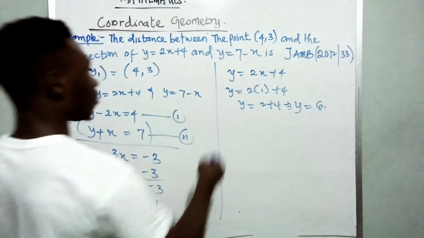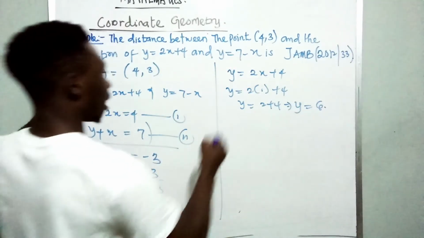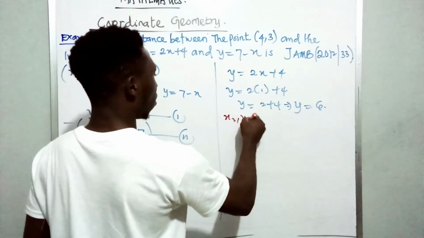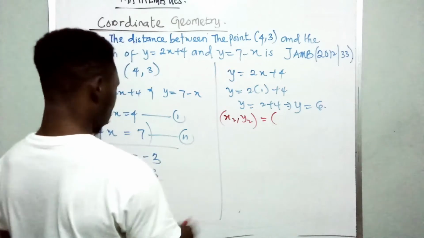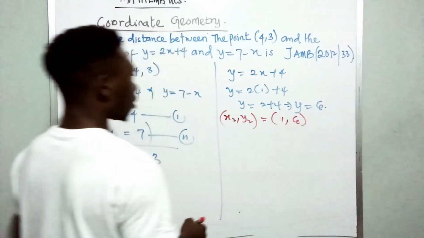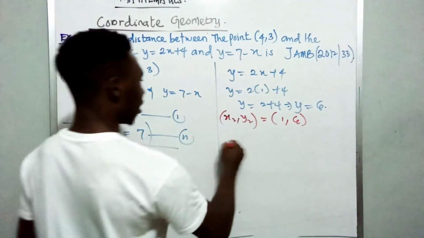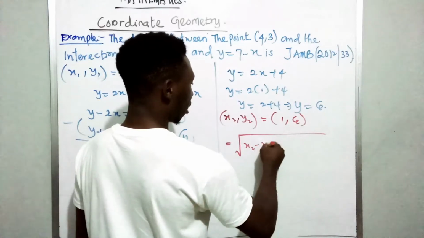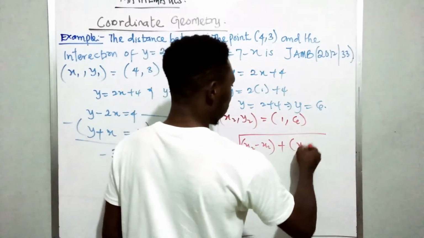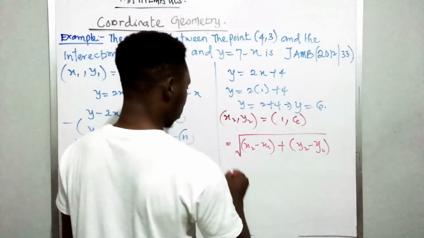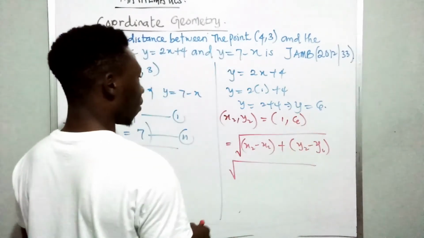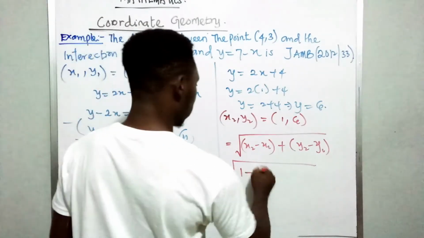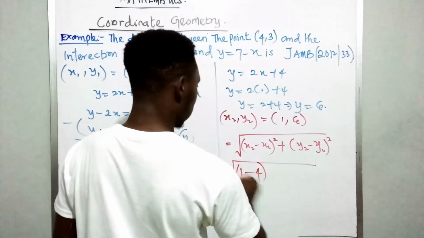So what am I trying to say? I've been able to find my x2, y2, which is equal to 1, 6. So they ask us to find the distance. So distance here is equal to the square root of x2 minus x1 plus y2 minus y1. So this is equal to, what is my x? That's 1 minus 4, don't forget you have a square, please. Square plus